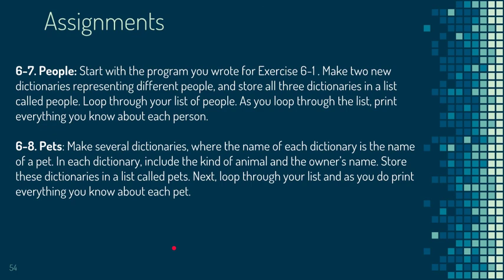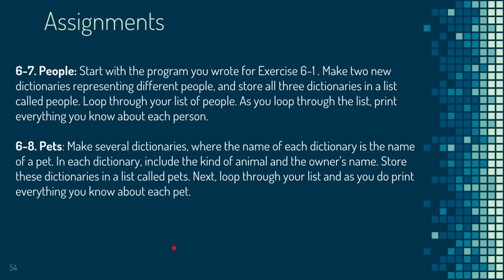And here are your assignments for Chapter 6C. There are a lot here. In this chapter, you learned how to define a dictionary and how to work with the information that was stored in a dictionary. You learned how to access and modify individual elements in a dictionary and how to loop through all of the information in a dictionary. You learned to loop through a dictionary's key value pairs, its keys and its values. You also learned how to nest multiple dictionaries in a list, nest lists in a dictionary, and nest a dictionary